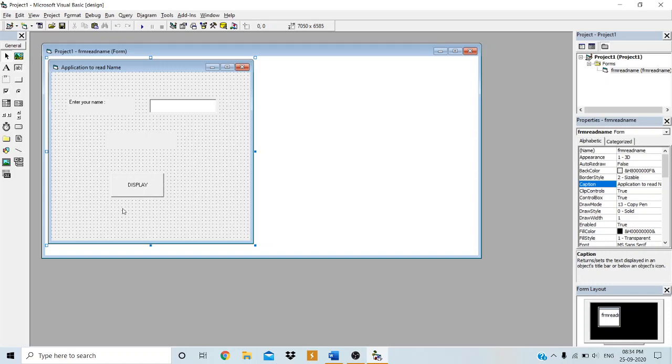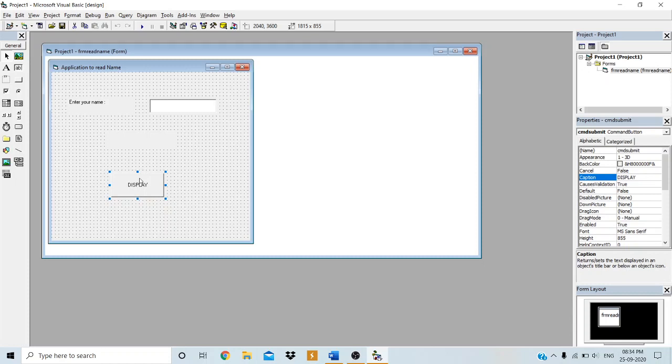Click is an event of the command button, so we have to write the code for the command button click event. To write the code, just double click on the command button, or you can go to the view code icon here and click.